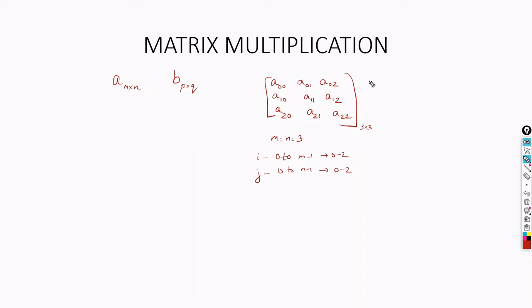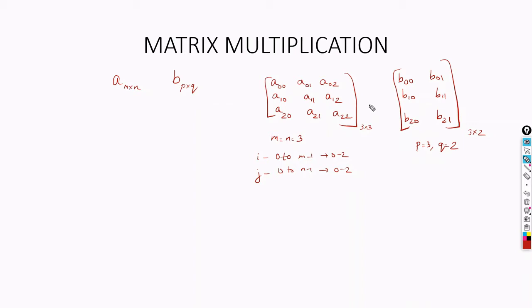And next, let's take matrix B of order 3 by 2. So 3 by 2 means 3 rows and 2 columns. So you can write like B00, B01, again B10, B11, B20 and B21. So if this be the case, this is 3 rows and 2 columns. So this is a 3 by 2 matrix. Here p is equal to 3 and q is equal to 2. So this is another example.